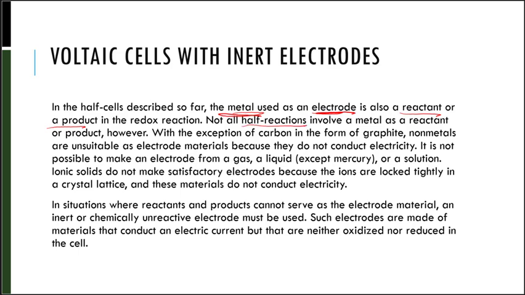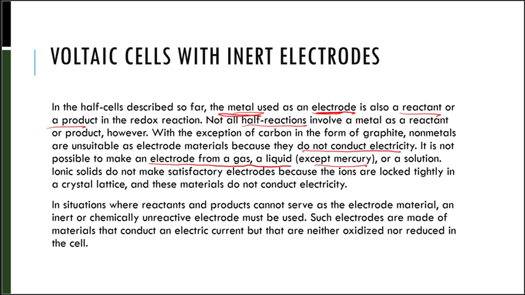But not all half reactions involve a metal as a reactant or product. With the exception of carbon in the form of graphite, nonmetals are unsuitable as electrode materials because they don't conduct electricity. It's not possible to make an electrode from a gas, a liquid, except mercury, or a solution. Ionic solids do not make satisfactory electrodes because the ions are locked tightly in a crystal lattice and